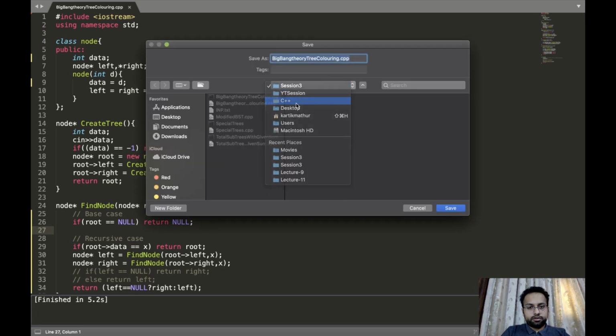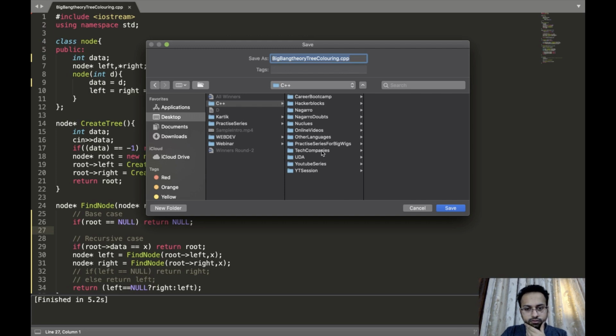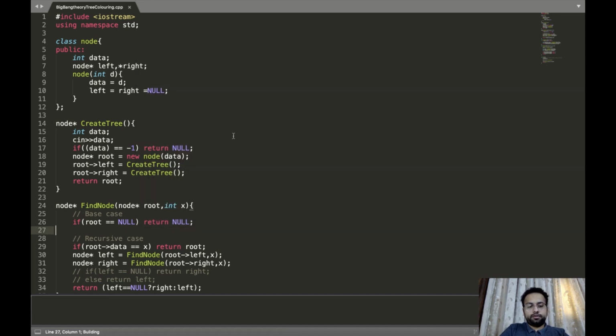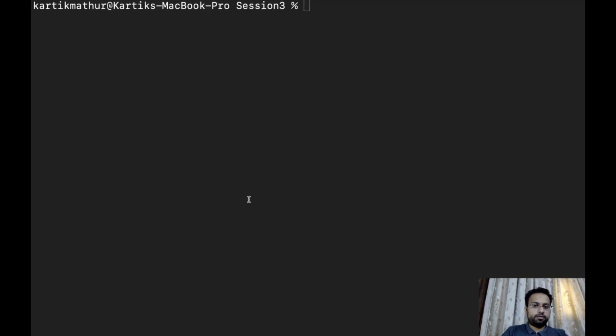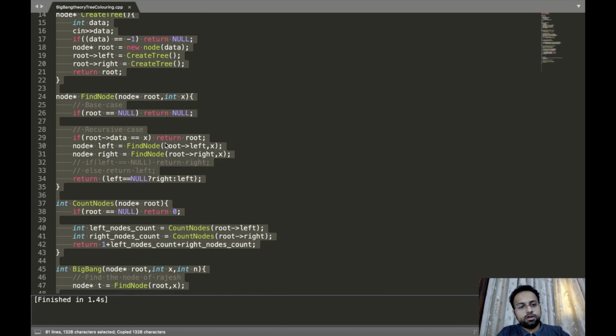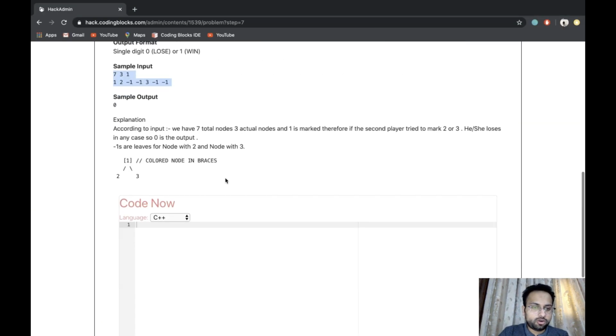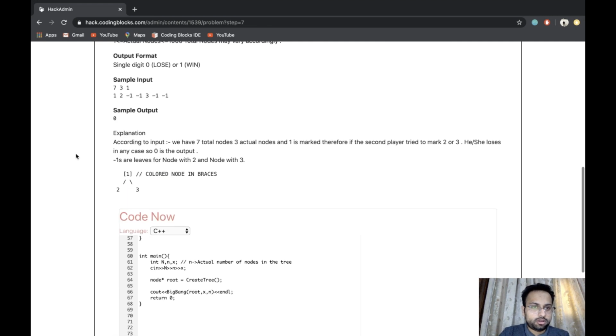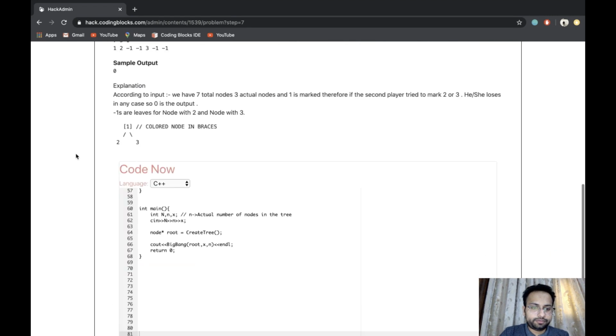Just save it over here. So yes, this is giving us the answer 0. So let us copy paste this code over here, submit it and see whether this works or not.